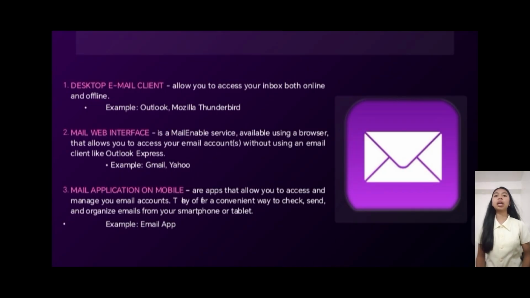Unlike the desktop email client and mail web interface, a mail application on mobile is more convenient to use. This makes email management more portable and accessible. Examples of this are the email app or the Gmail app on your mobile phone.